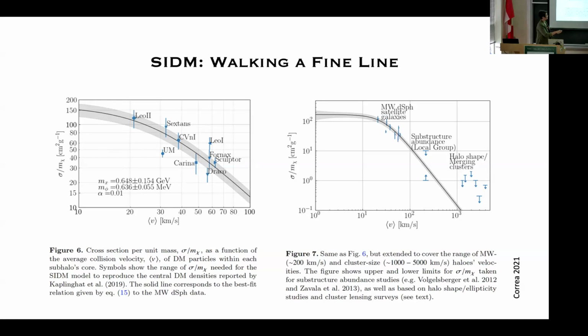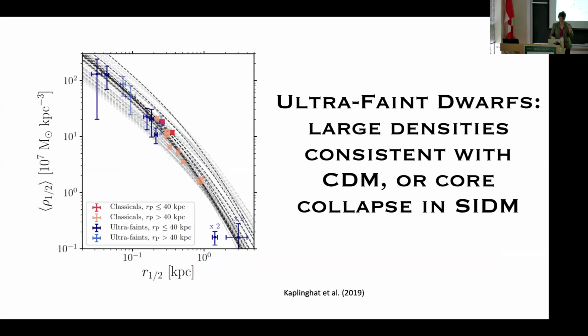She fit the cross section that would be required to match the densities in the Milky Way dwarf spheroidals. And what you find is that they have to have incredibly high cross sections. I know Mariangela and Oren have done the same thing. And so you really do have to have this steeply rising velocity dependence, which is fine. But what scares me is how much the ultrafaints match CDM predictions.